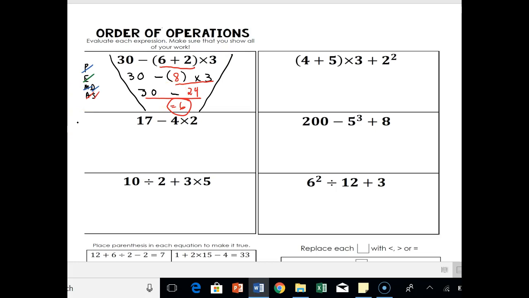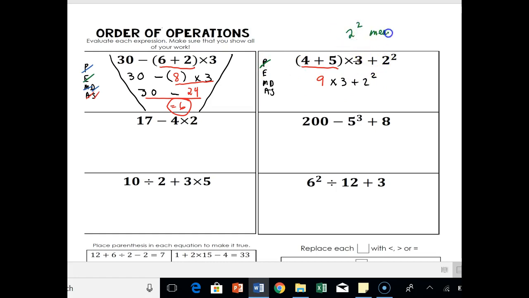Let's do another one together. P-E-M-D-A-S. Do I have parentheses? Absolutely. Do those first. 4 plus 5 is 9. We can keep it in parentheses or we can remove the parentheses. I'm just going to remove it for right now. And then we'll say 9 times 3 plus 2 squared. So parentheses are gone. Do I have exponents? Yes. 2 squared